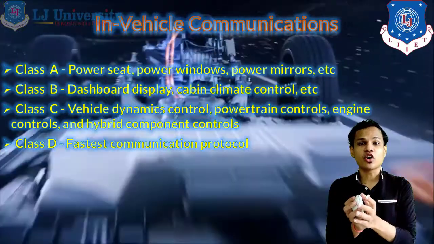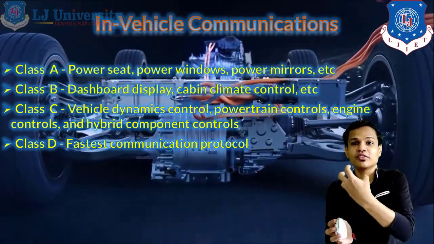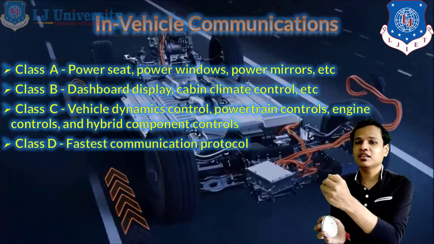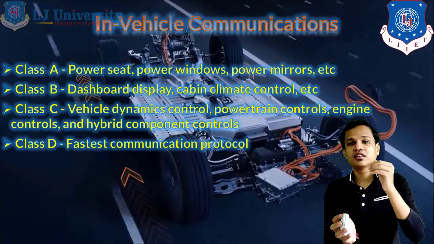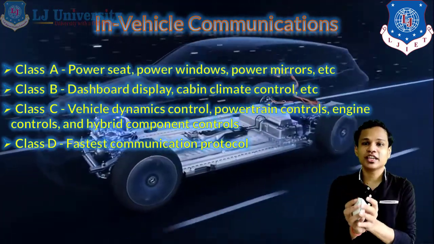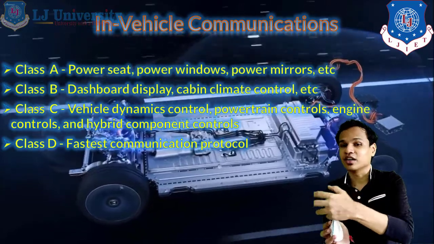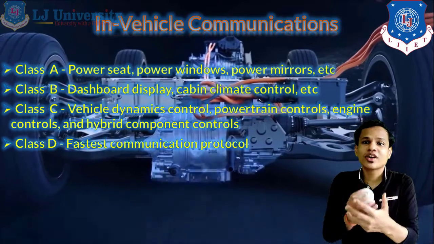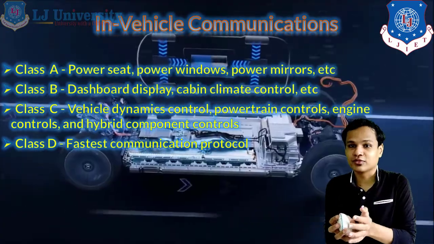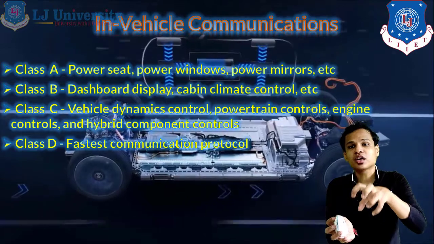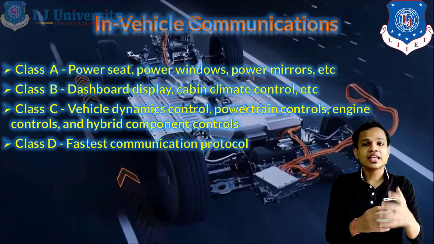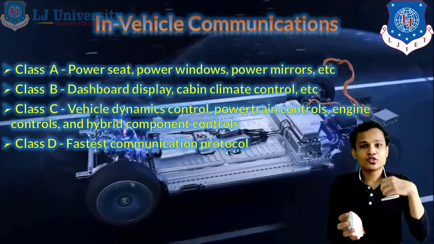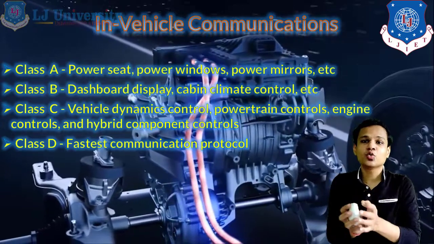Now this communication components have been divided into 4 different parts. It has been classified into 4 different parts, that is class A, B, C and D. The speed of the data transfer in the different classes is different. Class A has components which have the slowest rate of data transfer, which means that when the input comes from any component, the feedback will be given after a little bit of delay. It is the slowest feedback given to a component.